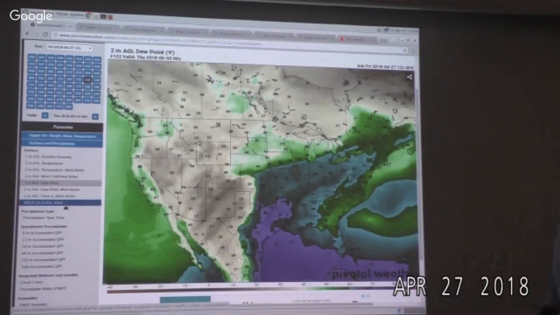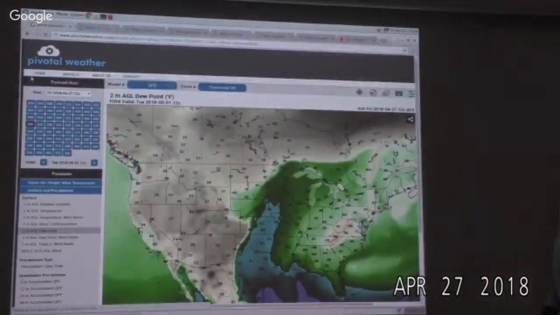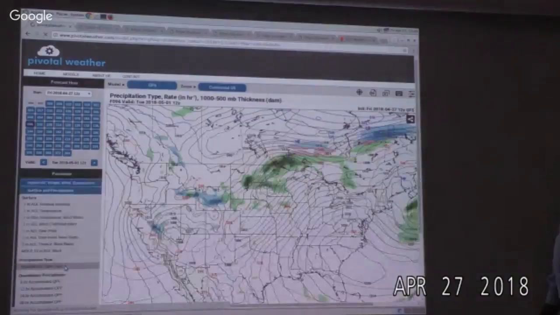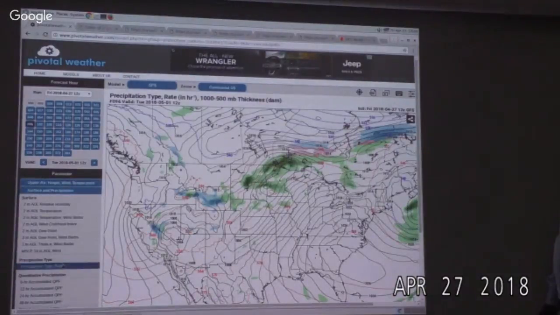You're looking at the 96 hours, Tuesday, 12Z, and it looks like a little low-level jet overnight, perhaps. Monday and Tuesday, potentially.